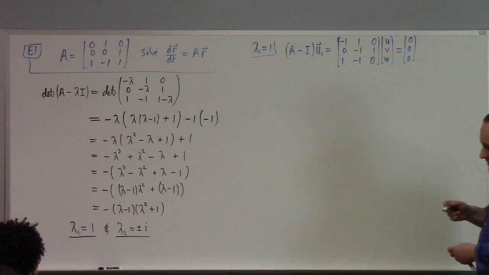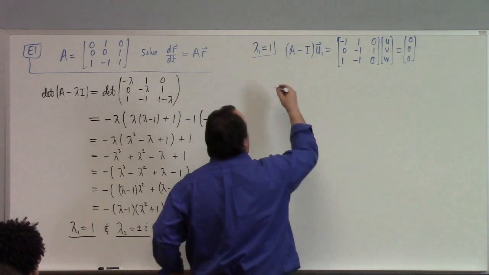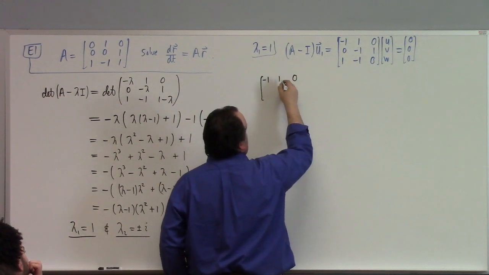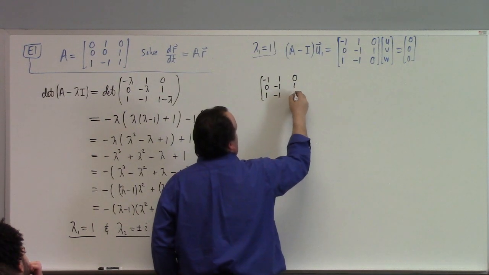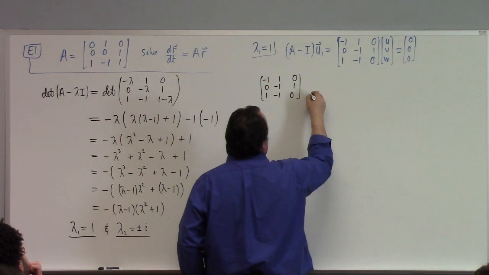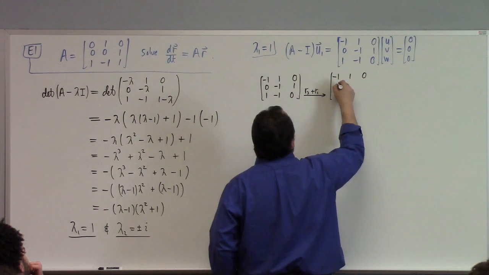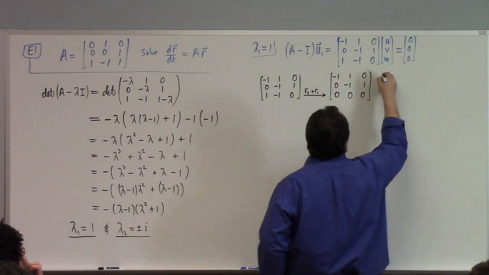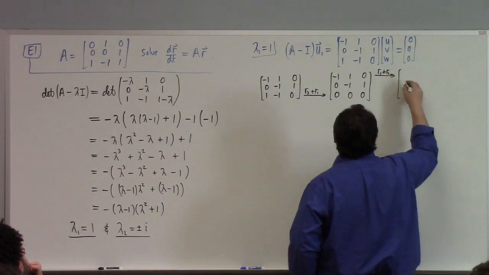I guess this is sufficiently ugly that it might be a good thing for me to show you guys row reduction on this one. So if you don't know about row reduction, that's okay, but row reduction is a nice method to solve these kinds of problems. I think you could solve this without row reduction, like I said, but I'll show it to you anyway. So if we take row 3 plus row 1, we get 0, 0, and 0. And then if I take row 1 plus row 2, that gives me